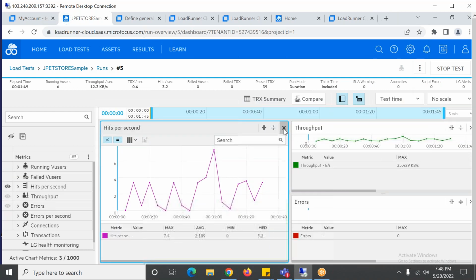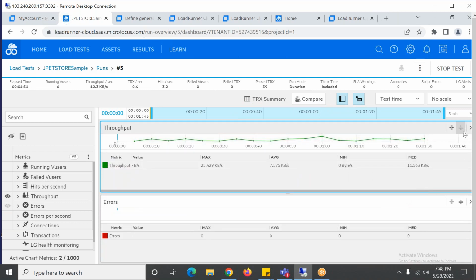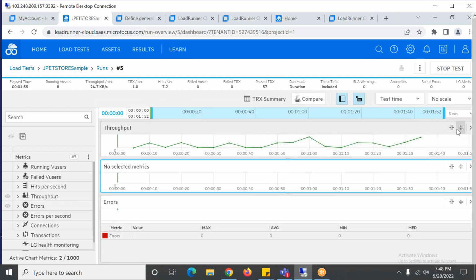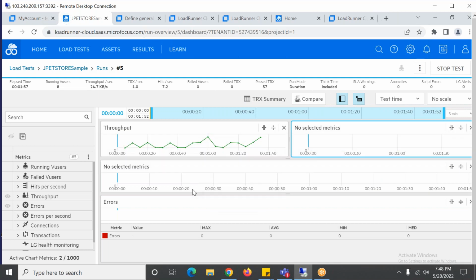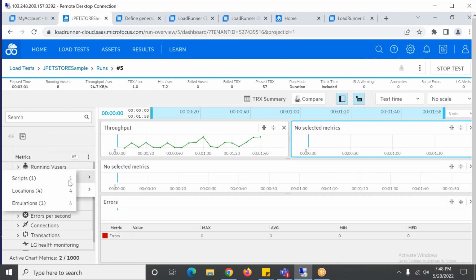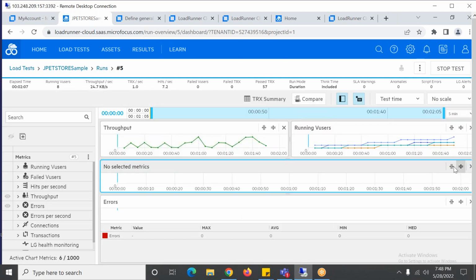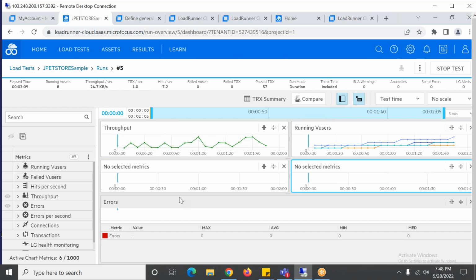If I want, I can remove all and see one graph. If I want, I can add graphs in this way as well. All the 6 graphs.